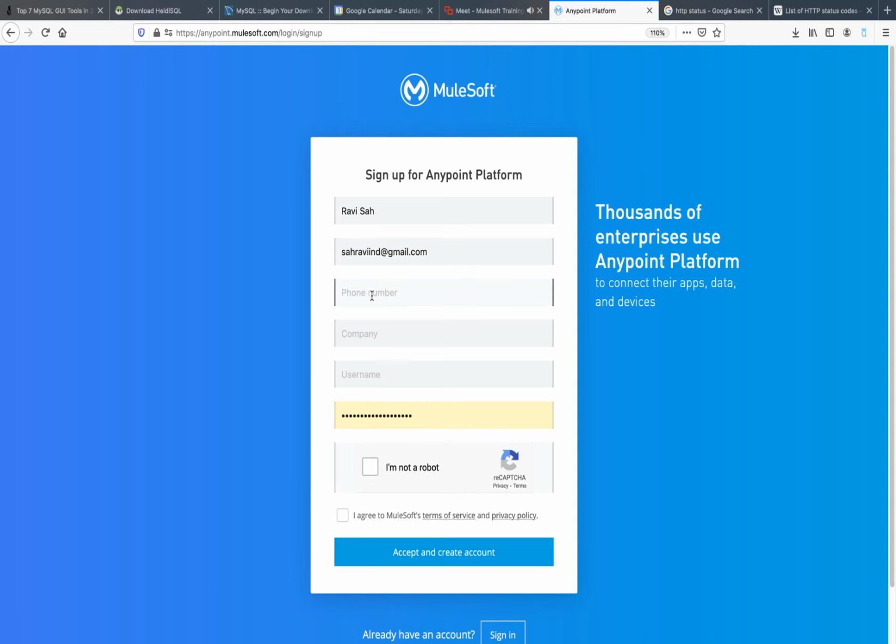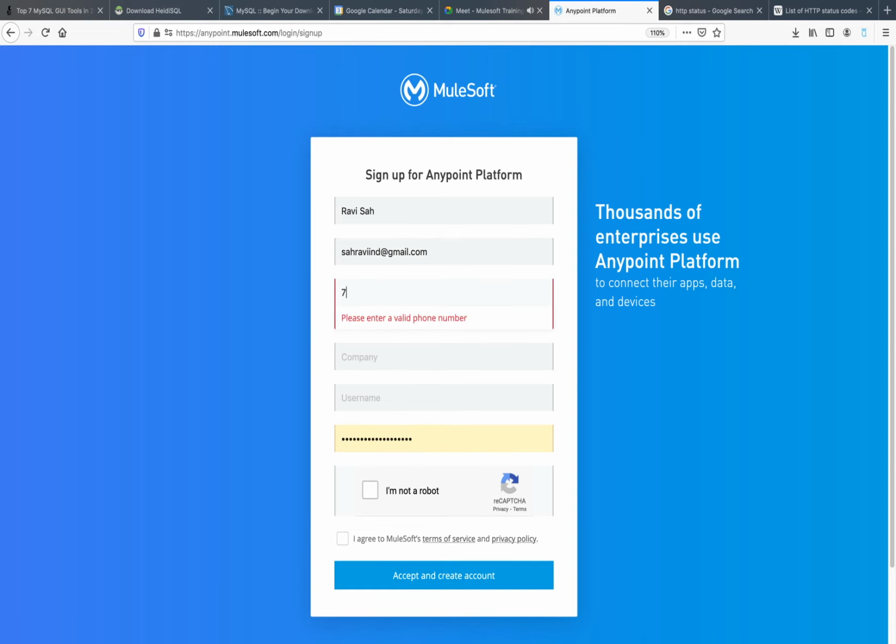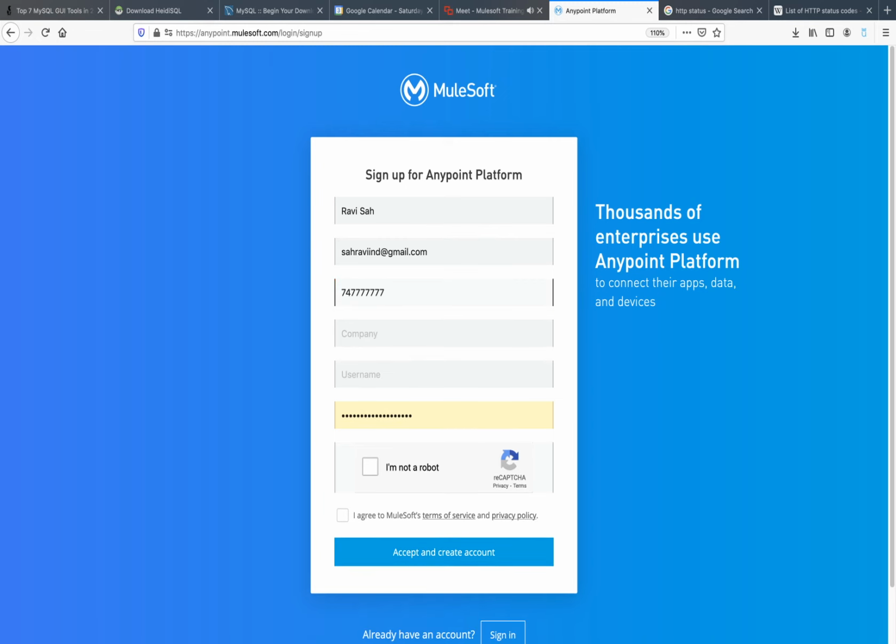Okay, I'm not going to use my own email address or mobile number. Then company, I'm giving any username, you must take a unique one.